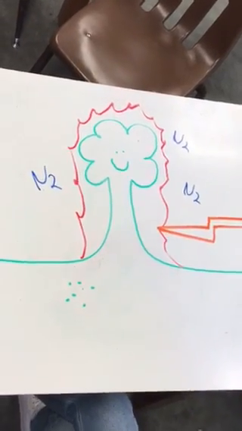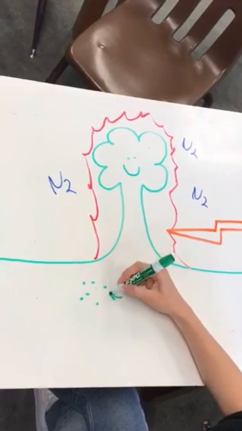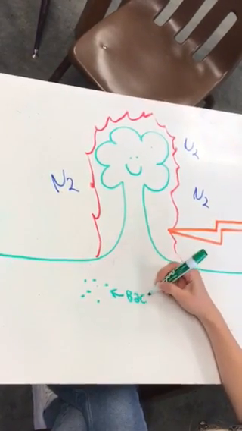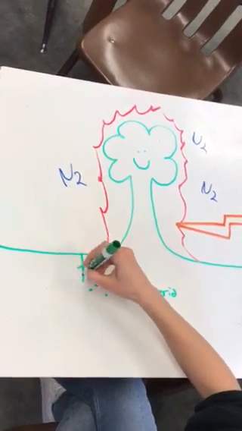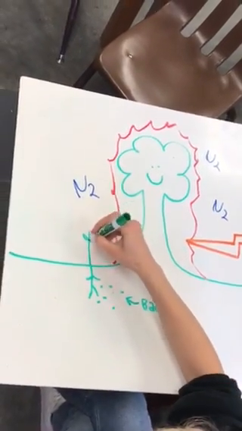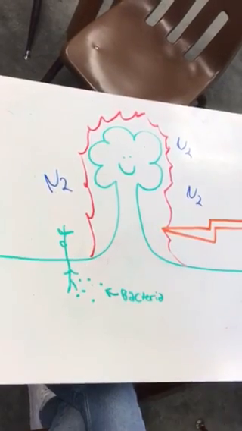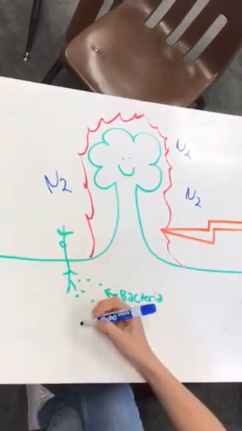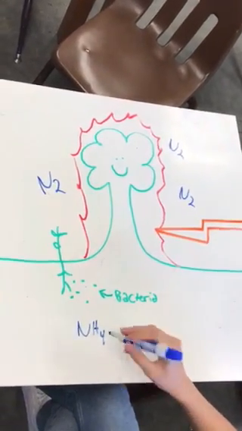However, most of the fixation that occurs happens through bacteria. Bacteria, for example rhizobium, that inhabit the roots of legumes, convert atmospheric nitrogen, N2, into ammonia, NH4+. The bacteria digest organic material and release NH4+ into the soil so that it can be used by plants to